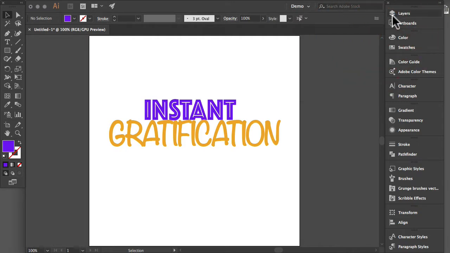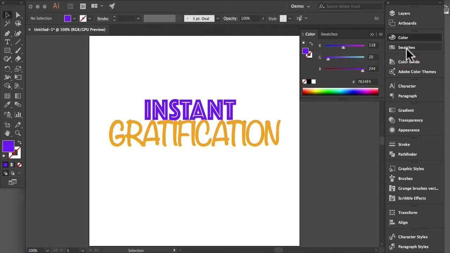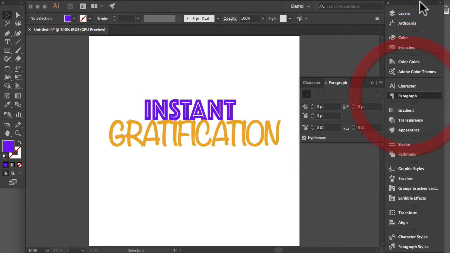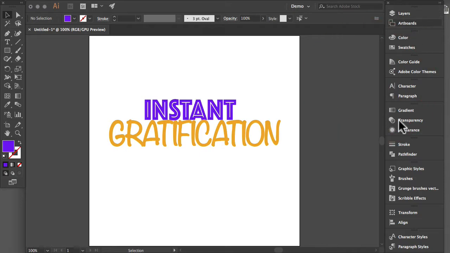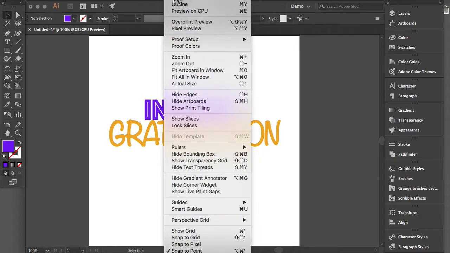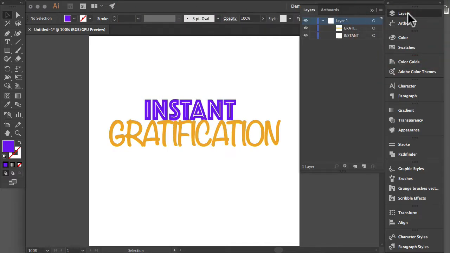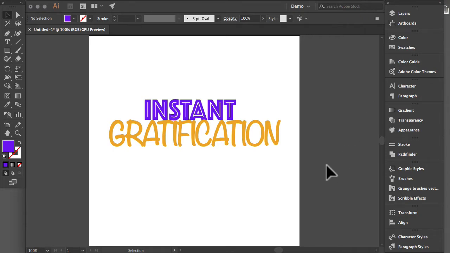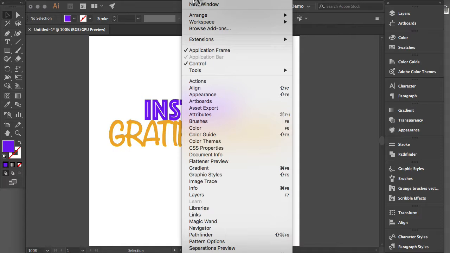You'll notice that I have a bunch of windows here, little menus, all along the right side of my screen. I set this up this way for efficiency, because instead of having to go window, gradient, window, patterns, whatever, you just have everything over here. You flip it open, flip it closed. It's pretty handy. So the windows that we're going to need in this particular exercise